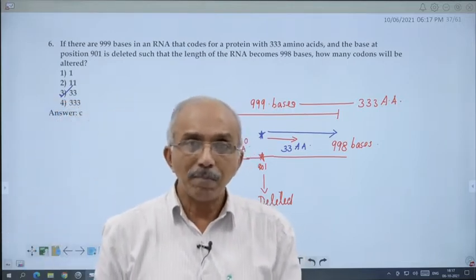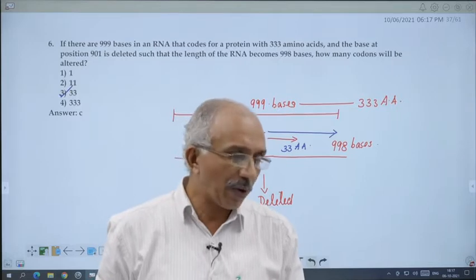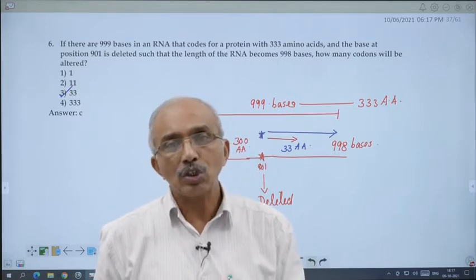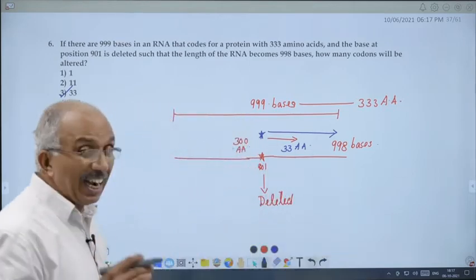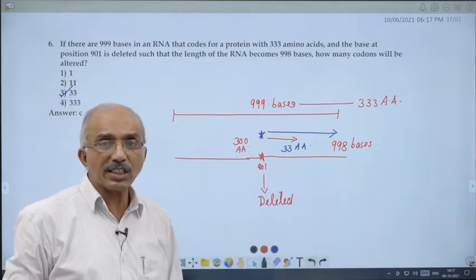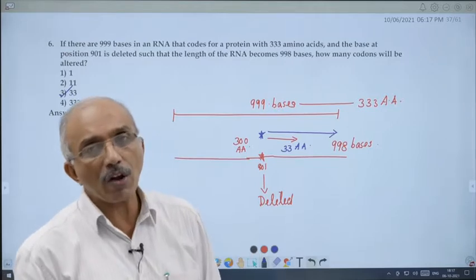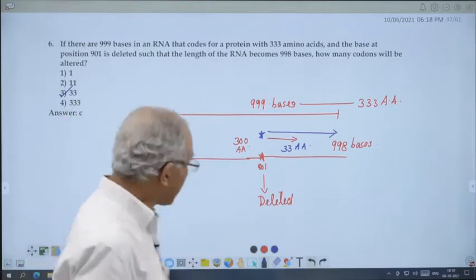No, because it results in frame shift mutation. So it affects from here onwards. The reading frame of the mRNA is altered, what we call frame shift mutation. Next,